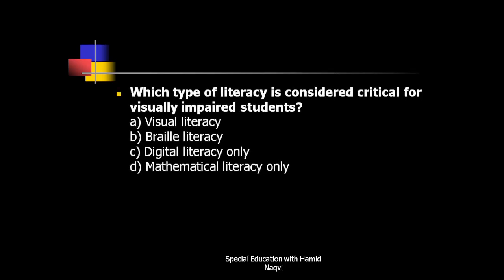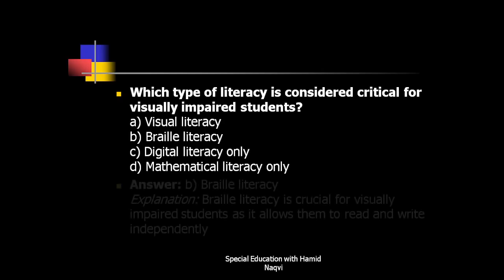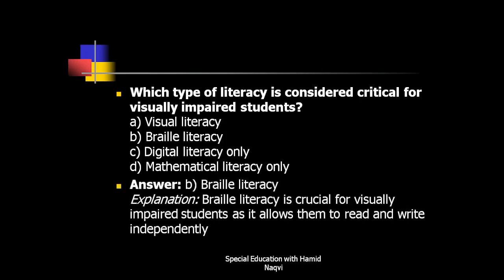Which type of literacy is considered critical for visually impaired students? Visual literacy, Braille literacy, digital literacy, or mathematical literacy? The correct answer is Braille literacy because it is crucial for visually impaired students as it allows them to read and